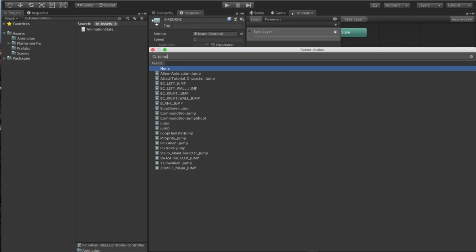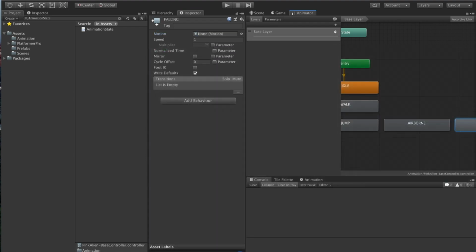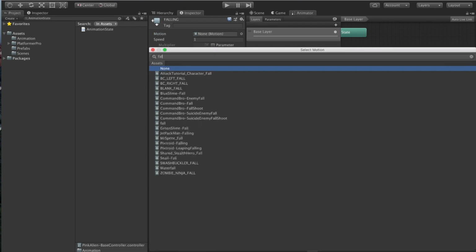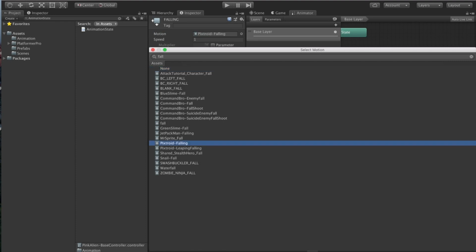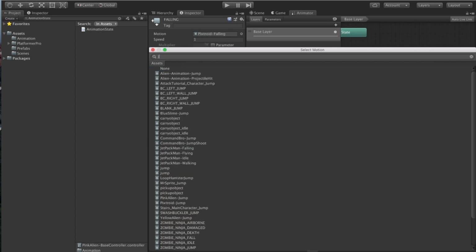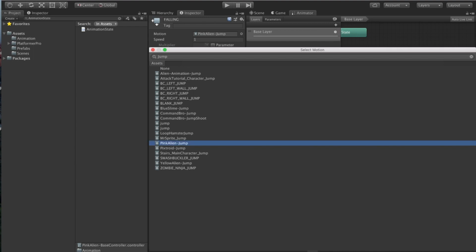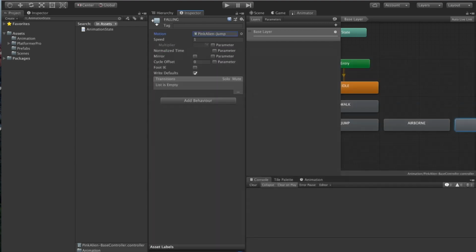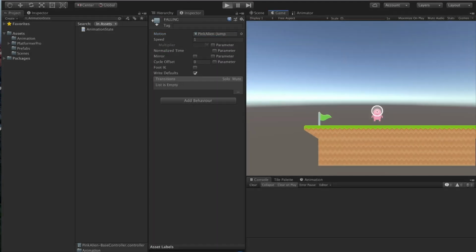If your character has more complex animations, these 3 steps allow you to break it up. Similarly, I think falling is just the jump as well for the pink alien. Let's save that and hit play. We'll see that our character can now walk and jump.